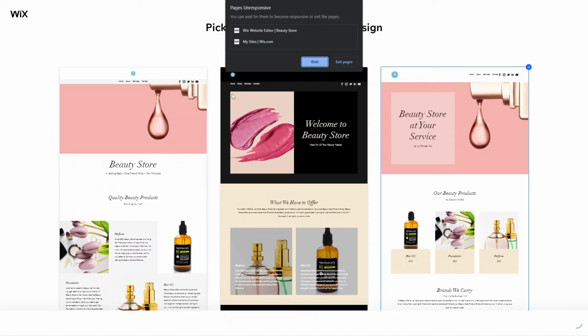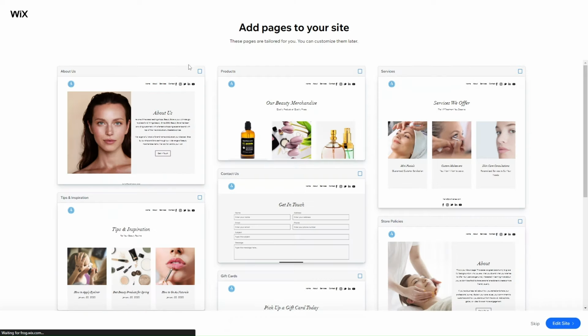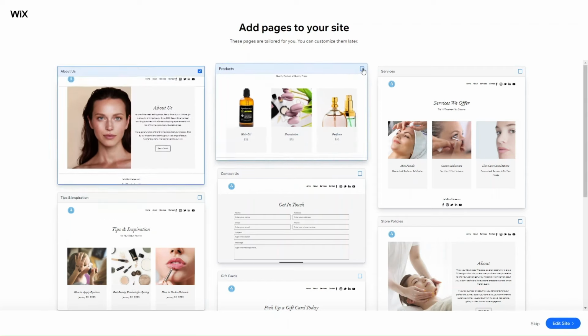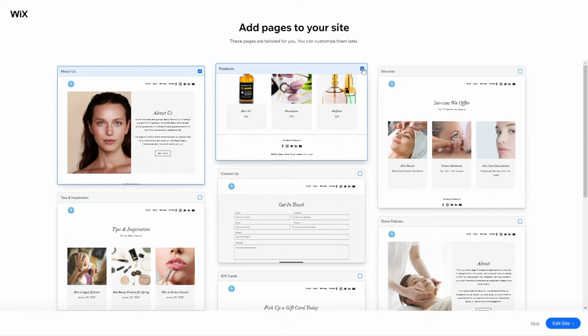Again, this is just a starting off point, so Wix knows what kind of site you're building and what kind of website you want to add to your site as well. So you can see add pages to your site, and they've got different kinds of pages. So you want to add an about page. If you're an online store, you definitely want to add a products page, like the main shop page,